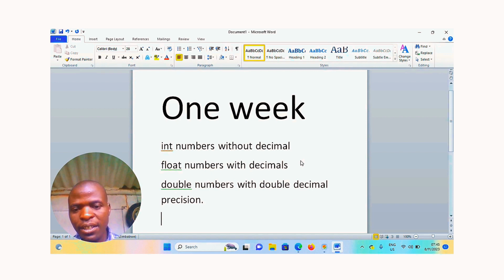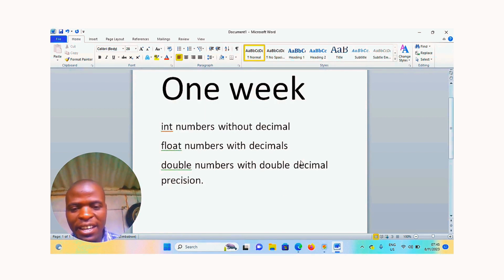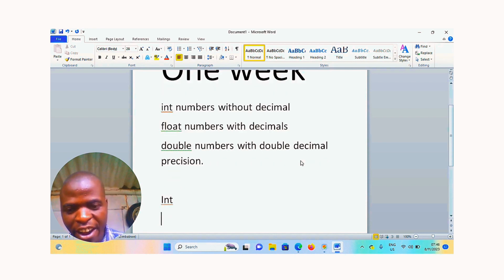Okay, for numbers, we are done. There are some classifications, like in int, what we call short int.